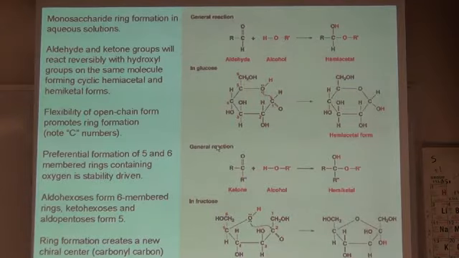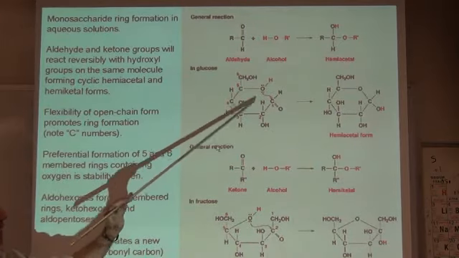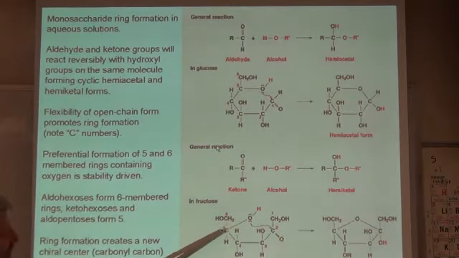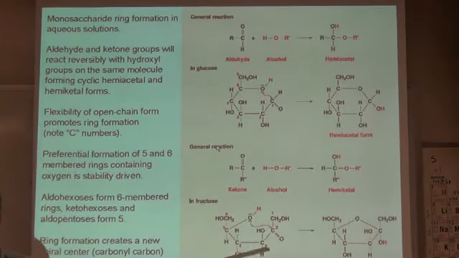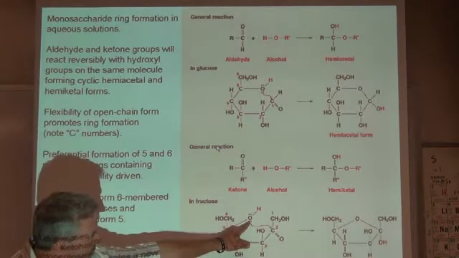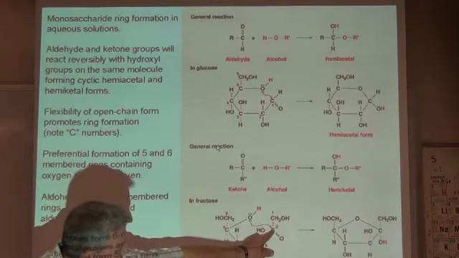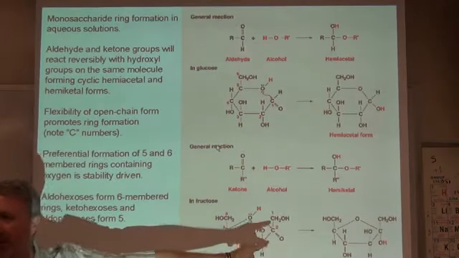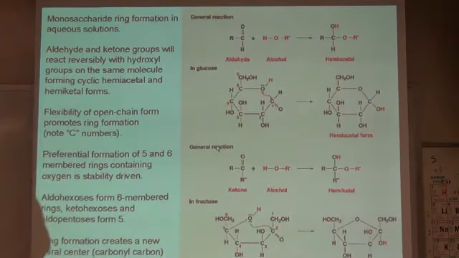Don't worry about hemiacetal and cyclic hemiacetal and all that. Just know that when the ring closes, notice it is always the C5 hydroxy though. Notice whether it's a ketone or an aldehyde, it is the C5 hydroxy that attacks. These electrons on this OH group are attracted down into this slightly positive carbon. Remember, carbonyl carbons are polar, right? They're polar.